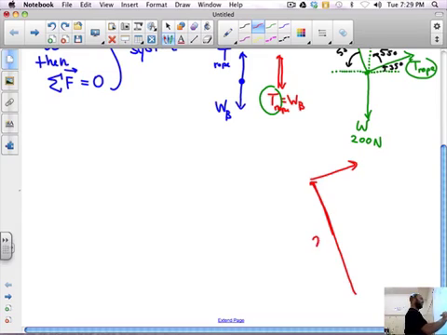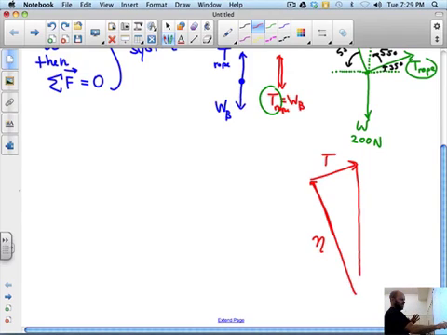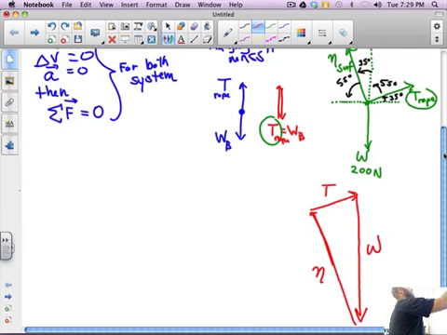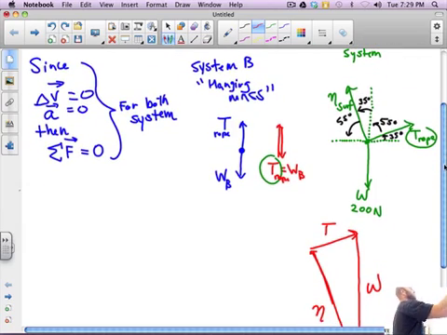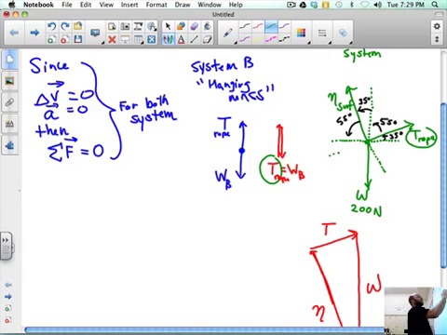So this is my normal force. This is my rope. Is that right? Yeah, this is the block on the ramp. And this force going down, straight down, that should be my weight. Right? It's pretty good. And let's go back up to our diagram. I'm going to need a little bit more here. If I continue this down like that, I continue this one like this, I should be able to figure out that,